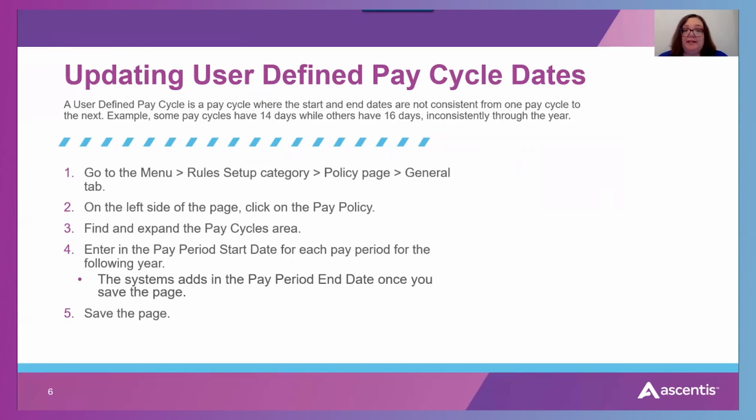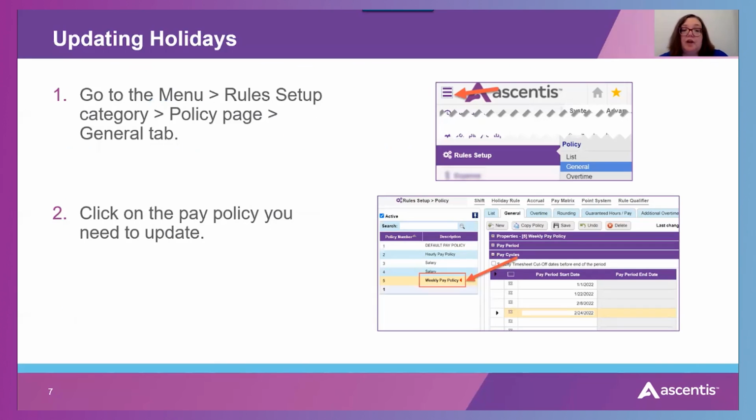When you have these type of pay cycles, if you don't set them up ahead of time, you get errors when you log into the system. So in order to update these pay cycles, you will need to go to each of the payrolls. So on the screen ahead of us, it shows us going into our rule setup and clicking on our policy page, clicking on the appropriate policy. So if you do have multiple policies, you will have to update these individually